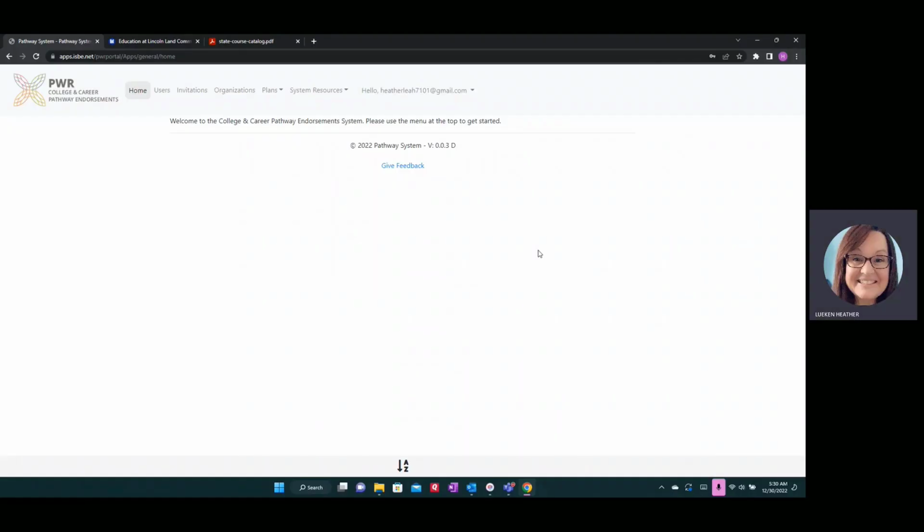We're going to do a walkthrough of the PWR College and Career Pathway Endorsement Platform. This is a guide to walk you through the process and show you where you can input your information and what you need to be looking for. This follows along with an updated guidebook that will be posted on the website as soon as the completion of